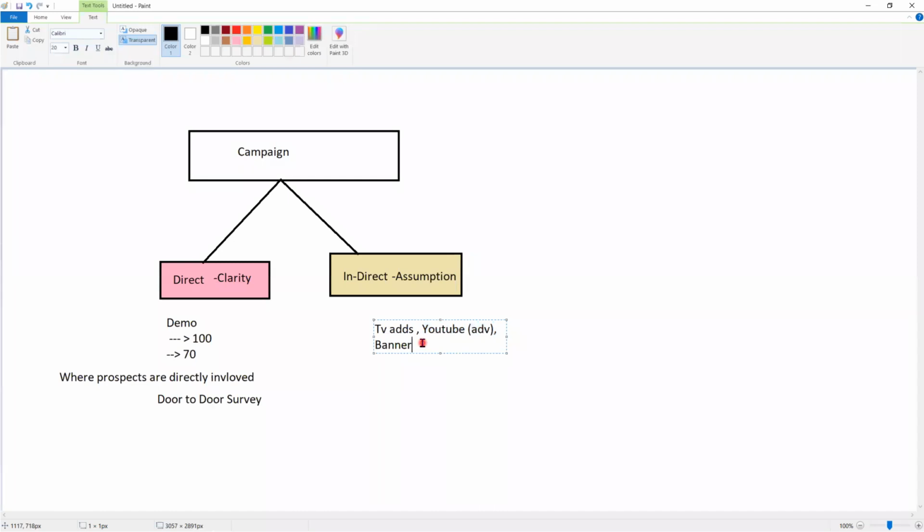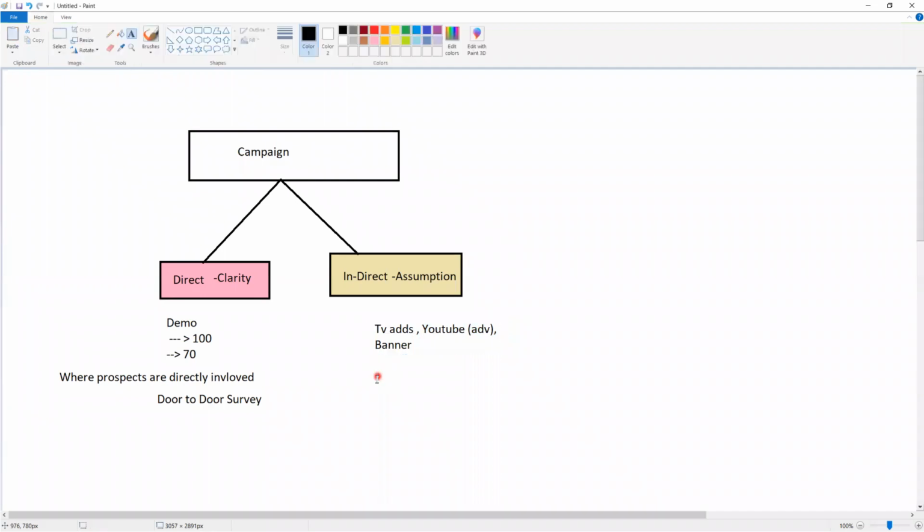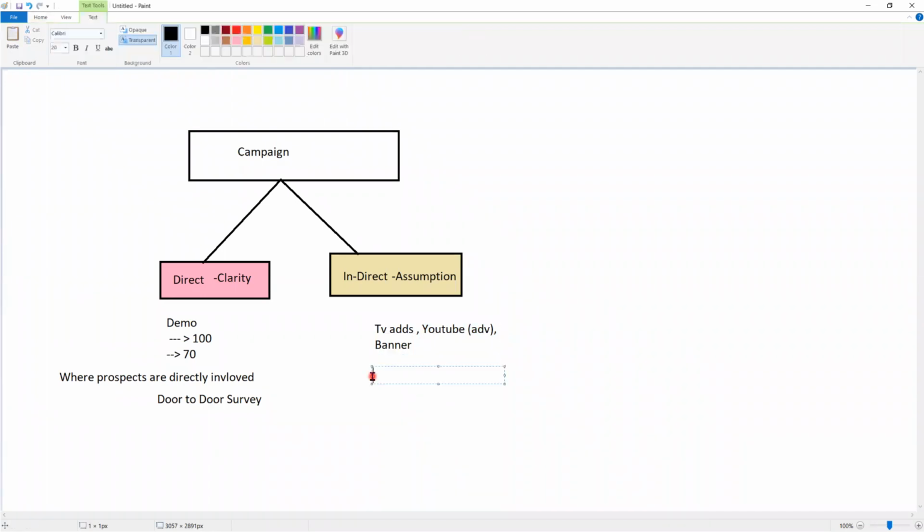Whenever I don't know the count of it, or whenever I am just assuming it, it is called an indirect campaign. That means a campaign where prospects are not